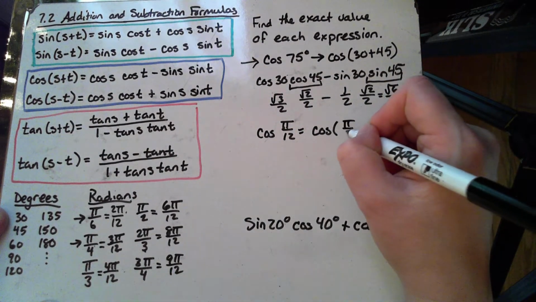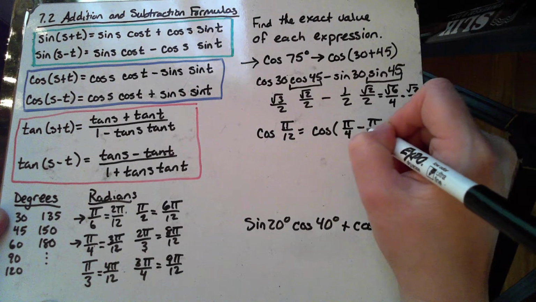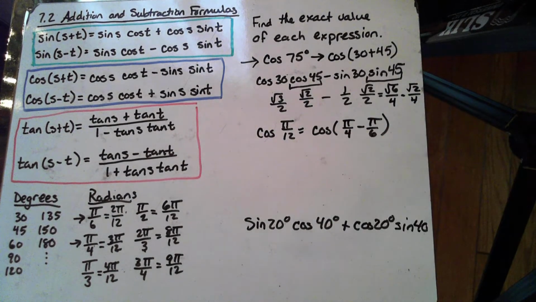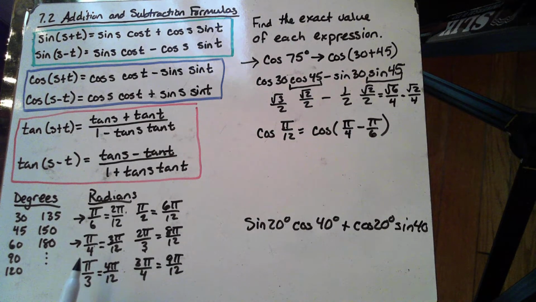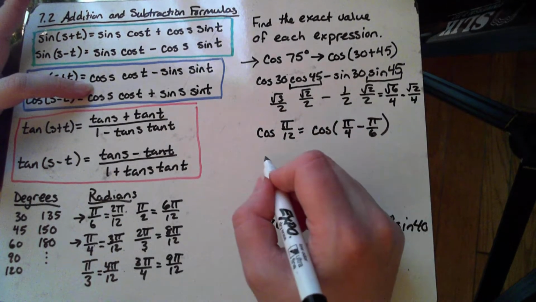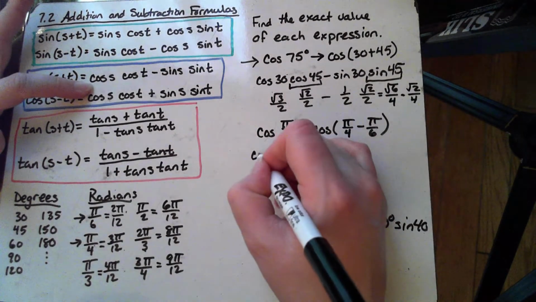And I always go back to the notation that was on the unit circle, so I don't accidentally get confused and do the wrong one. So I always keep this on the side of my page, and I always go back to what's in the unit circle. Now we're going to apply the cosine subtraction formula, and that is